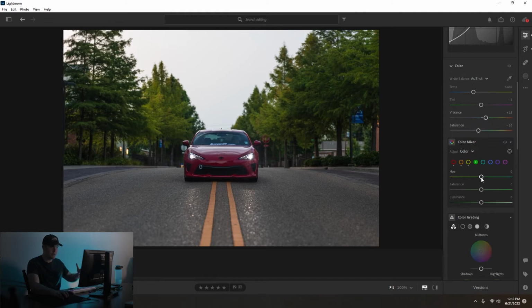I like my greens to be fairly consistent. So I will drag them over towards the yellows, and that gives it that yellow tinge and sort of mutes them. Because if you drag it over here, that is atrocious in my opinion. I don't like that at all. I think that's way too much, way too green. It's not for me. So I drag it over to the yellows a little bit, and I will bring the